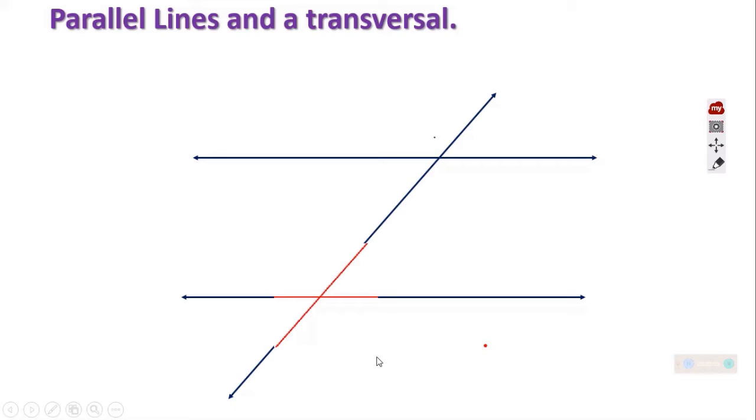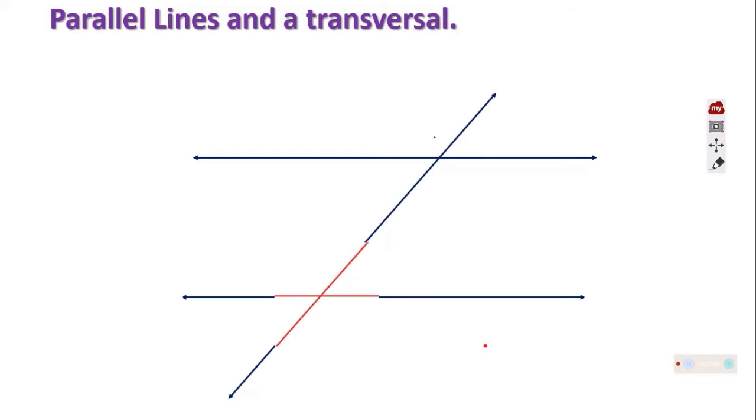The congruency of these angles can be simply illustrated by this particular copy-paste movement. If I do this, you can observe that the angles exactly match with the other set of angles. Understood? So this tells that when such angles are formed, they are congruent to each other at both intersection points, which I would like to make clear to you.